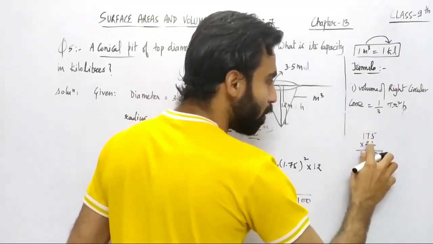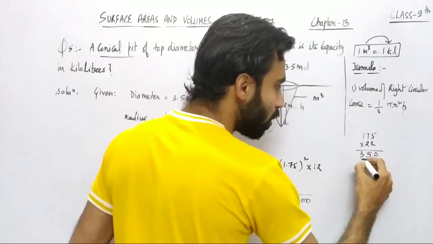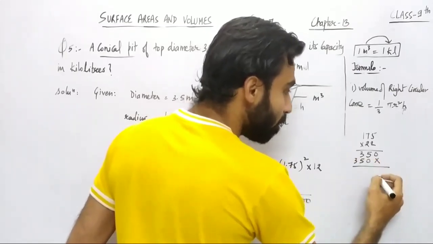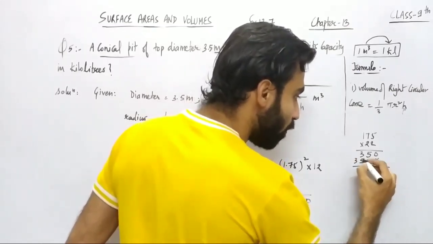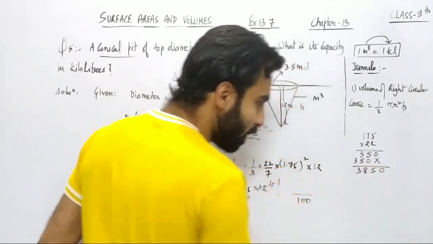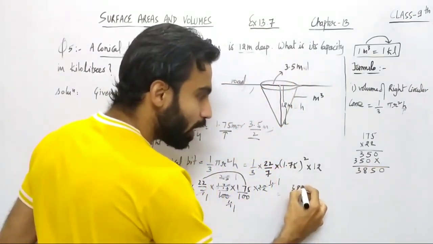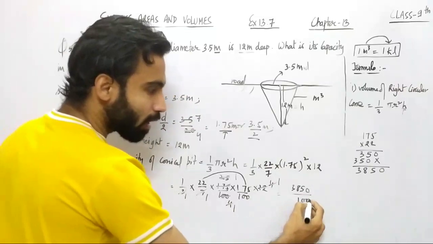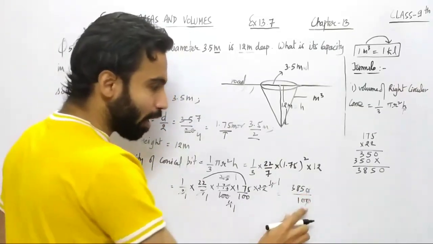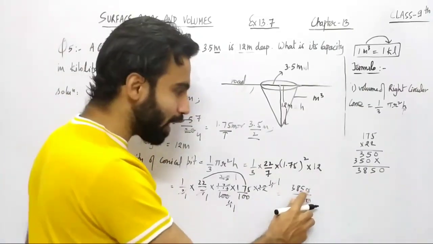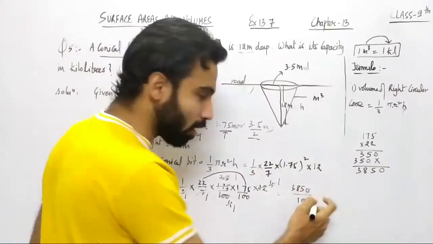Now similarly again multiplying by 2 you will get this. So 0, 5 and 3, right? So that will be 0, 5, 5 plus 3 is 8 and 3. So you can see 3, 8, 5, 0. Now this 10 will cancel out with 10. Now 10 remains in the denominator, so before one digit what will come? The decimal. So that will be